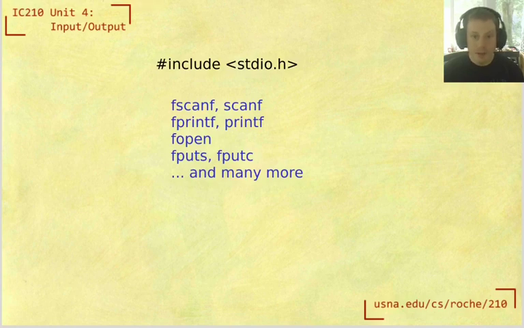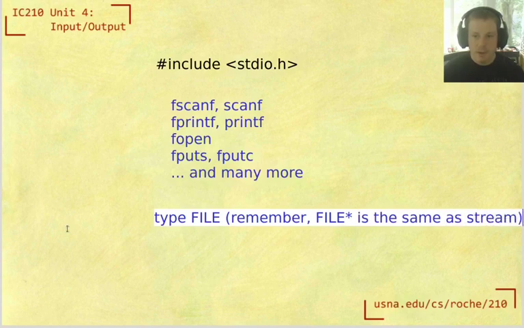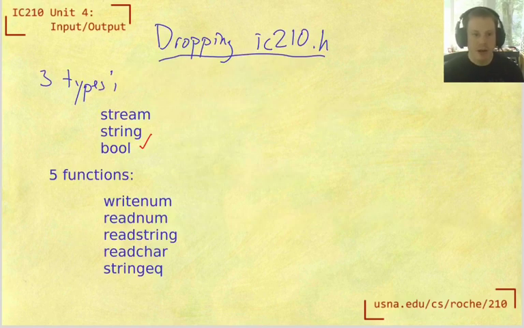And in terms of types, what stdio.h gives us is the type FILE *. And remember, FILE * is the same as stream. So wherever we used stream before, now we can just use FILE *. So going back to our list of what comes from ic210.h, now we can say,